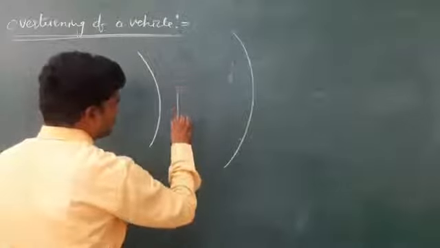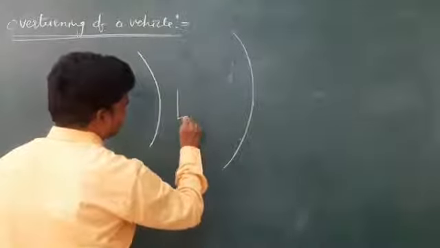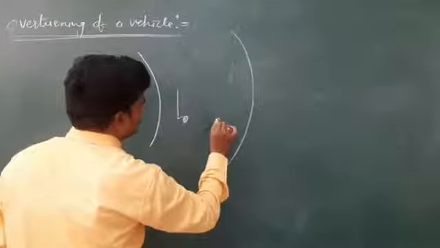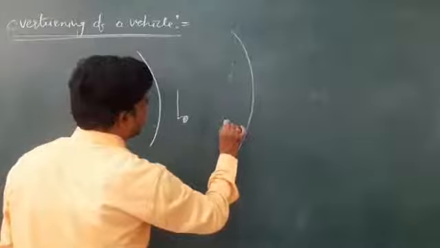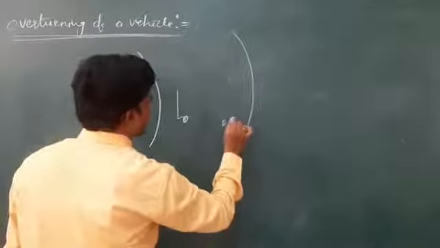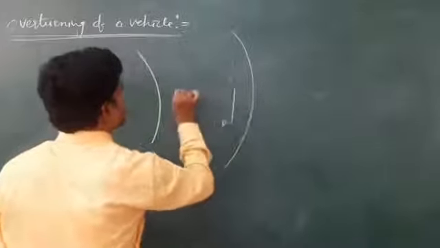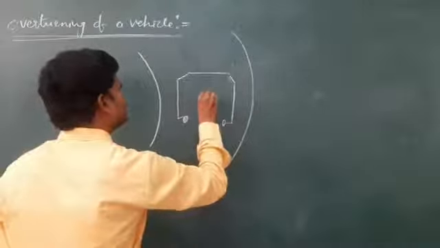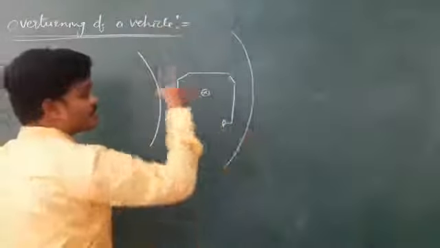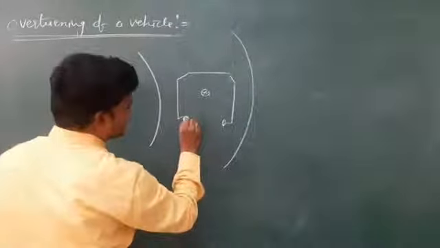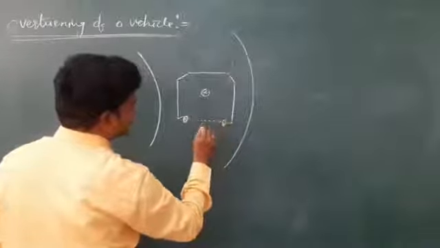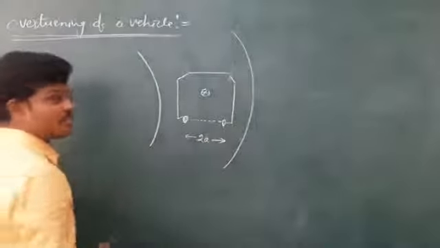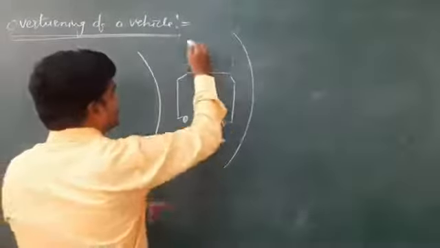So this is the vehicle. Let us suppose these are the backside wheels. Let me draw a little bit for getting force components clearly. See, the vehicle is moving like this, in this way. On the board the diagram looks like this. The distance between the two wheels, backside, let us consider 2a. The vehicle is moving like this.